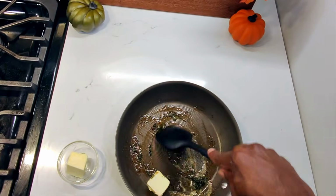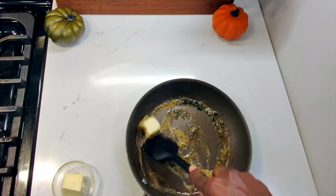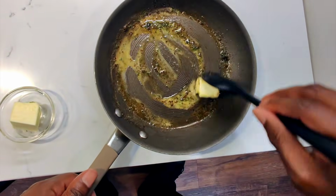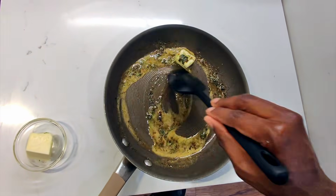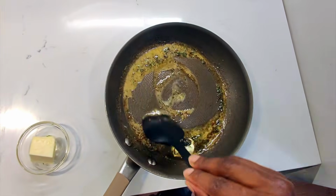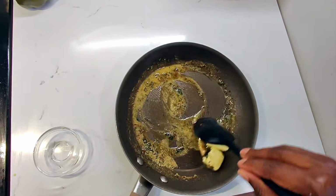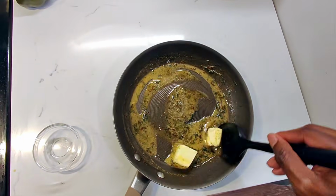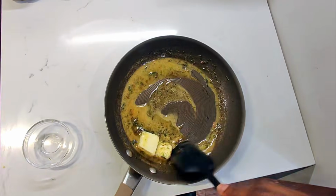Okay, so using the same technique we've done in the past, I am making a butter sauce. I took it off of the heat. I want the pan to be cooler and basically a little less hot so that my butter slowly melts down. What you're going to see is that concentration that we just had, with the butter added to it, is going to become thicker. So this butter is slowly melting in, and now this sauce is going to be pretty much butter forward